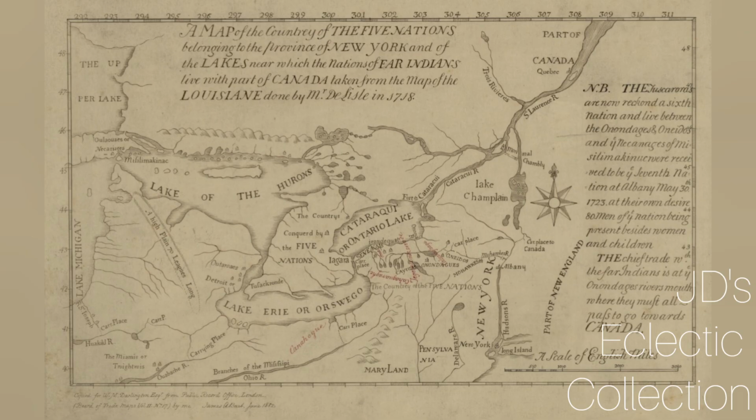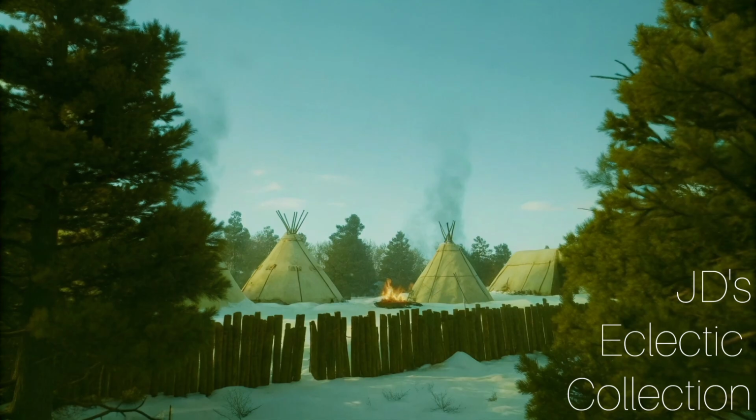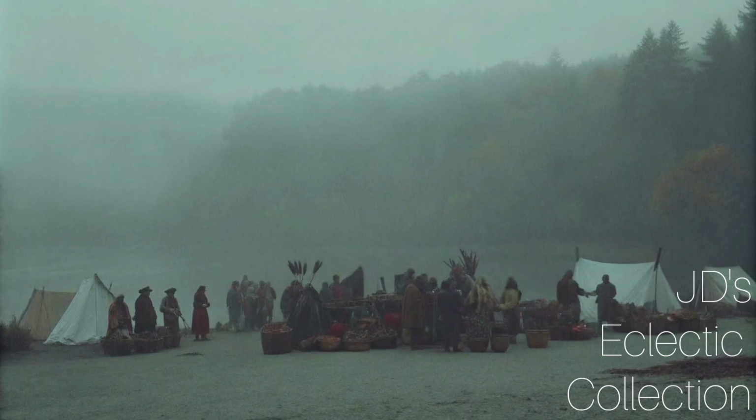And there's this one figure who really embodies all this complexity, this Seneca leader named Corn Planter. He's a key player in this post-revolutionary period. Corn Planter. Yeah, I've heard of him. What's his deal? Well, at first, he was a warrior, leading Seneca war parties against settlers. But he was also smart. He saw how the power was shifting. He knew diplomacy was important too. He saw all the destruction from war. He wanted to find a way for his people to survive in this new world.